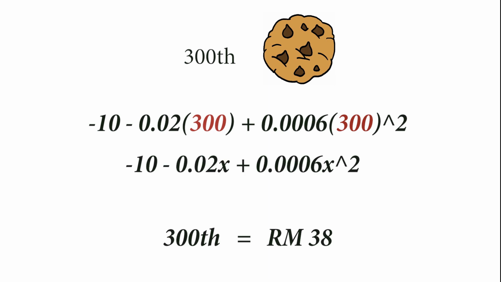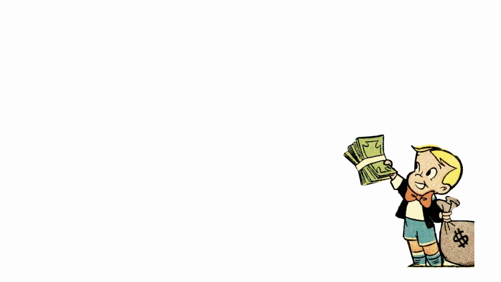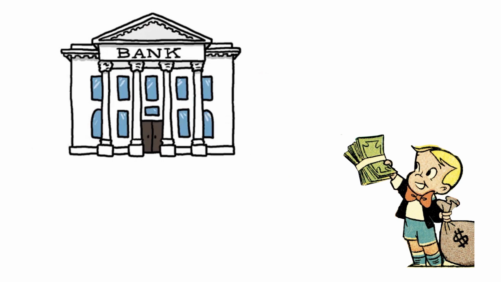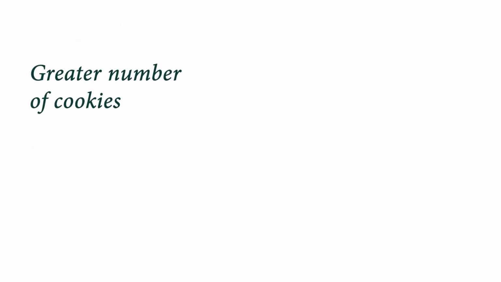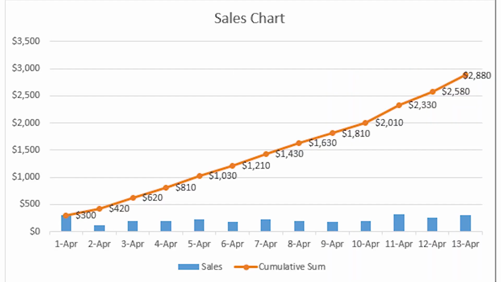38 ringgit, which is 18 ringgit higher than the price he's selling. In that case, Ahmad is not gaining money. In fact, he is losing money. Now Ahmad realized that the more cookies are produced, the greater the marginal cost for him to produce it. With accumulated data, Ahmad is now able to evaluate possible revenues and losses made by the productions of the